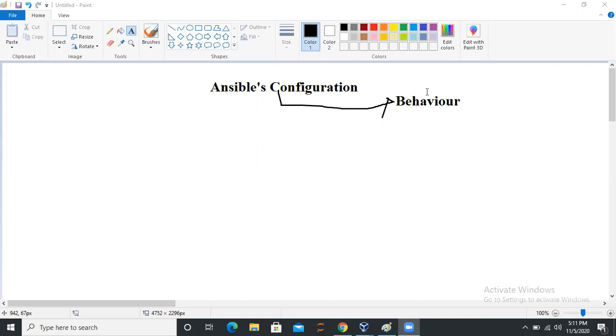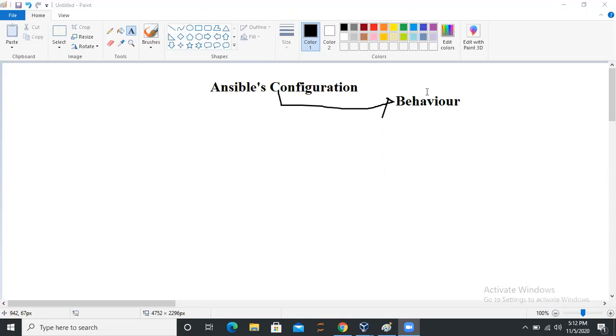Configuration simply means that you're configuring something as per your needs. Not just a software, anything which will behave as per your needs or as per your given requirements.